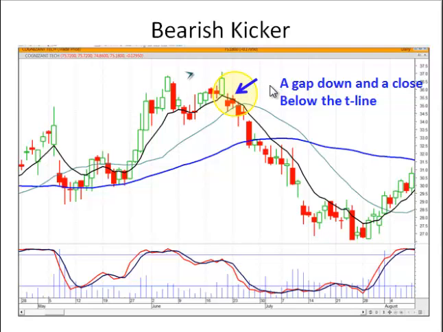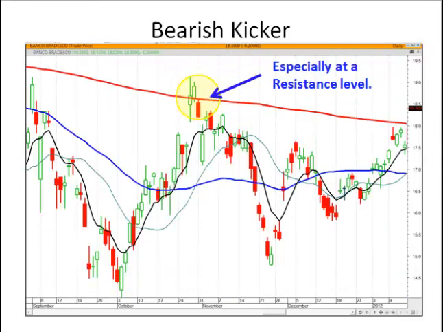Remember, there's one element that is consistent in trend analysis or price analysis. Investor sentiment is always the same. It doesn't change. And always observe the obvious. If you're just now getting to a resistance level and they gap it back down through it, that tells you one good piece of information. They aren't going higher. They've resisted at that resistance level, especially with a kicker signal breaking to the downside. They're going back down much lower.